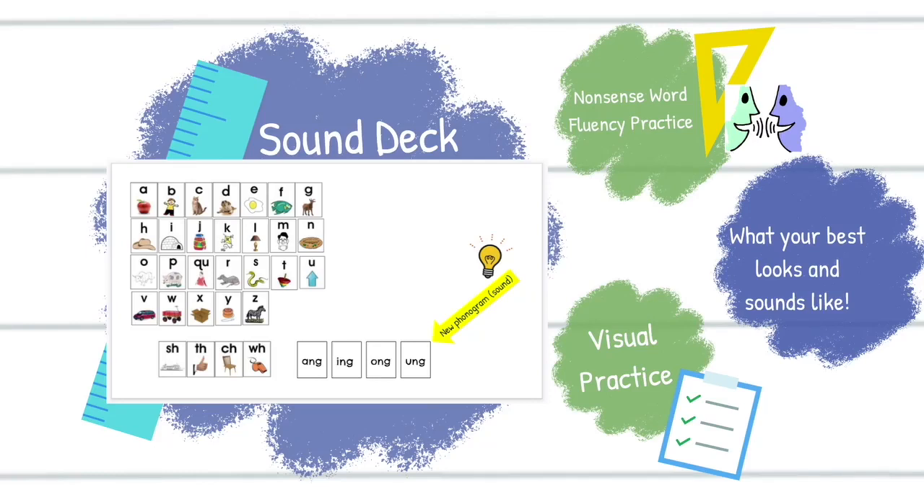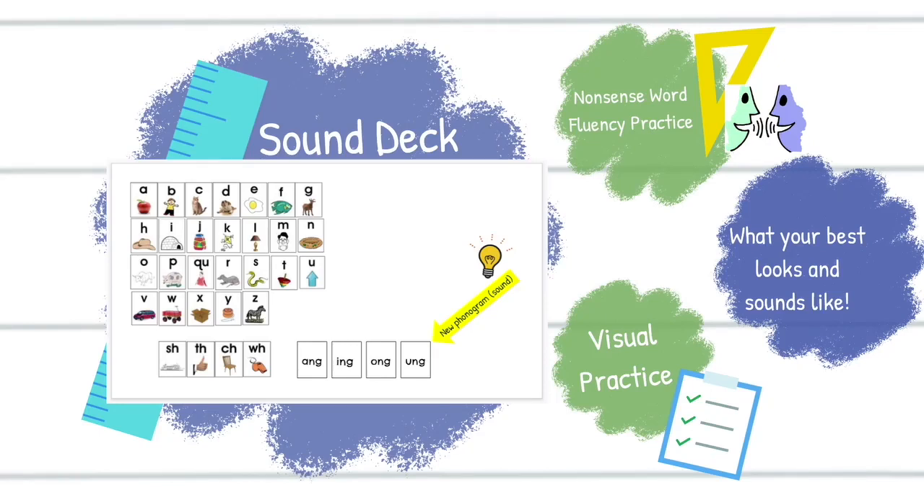S-H, sh, like ship. T-H, th, like thumb, or th, like this. And I hope when you do that TH sound, you have your tongue between your teeth. Ch, like chair, and wh, like whistle. And when you do that wh sound, you should be blowing air out, and the shape of your mouth is kind of like you are whistling, except you're not making that whistling sound. Okay? All right, and then the